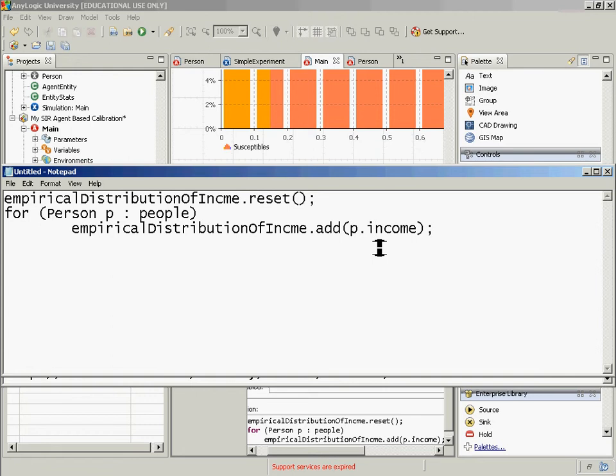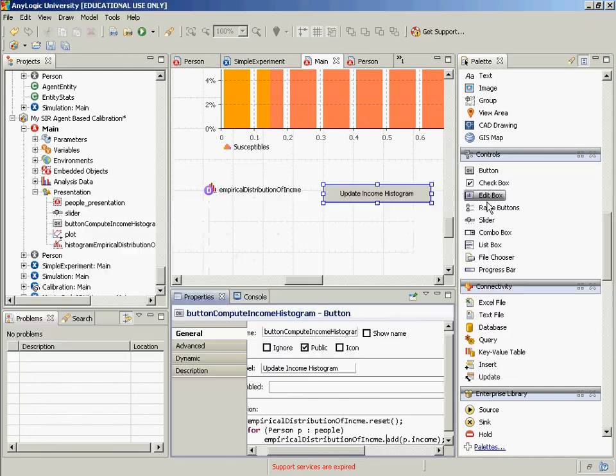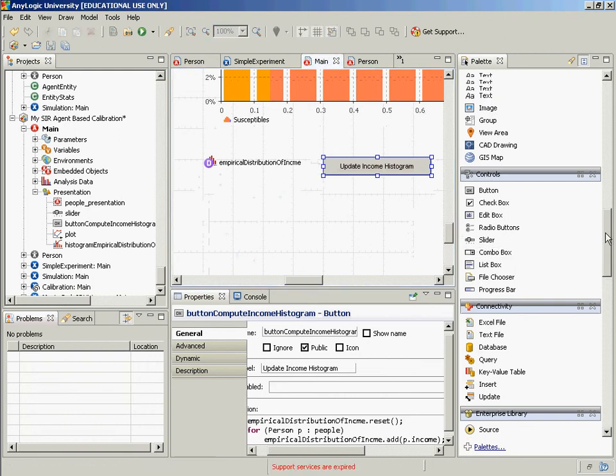Okay, so, ladies and gentlemen, there's just one further thing we need. What is it? We have the histogram data here, and we have the thing to update it. What do we still need? We need the graph of it, the histogram itself. So here we are, under analysis again, and this is the chart. Let's drag this chart,